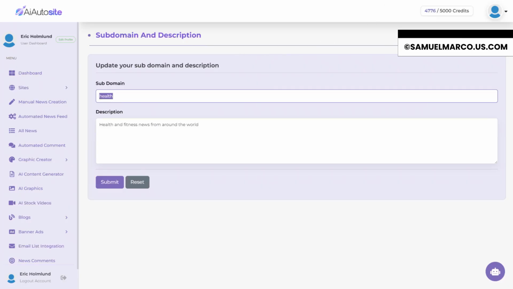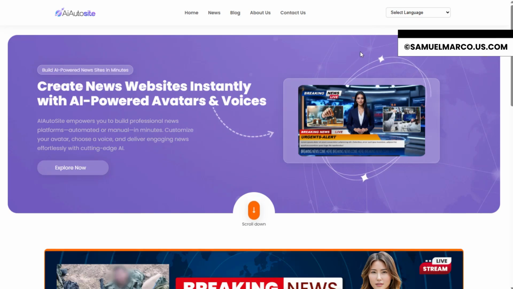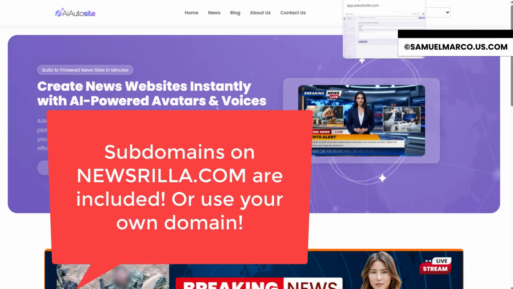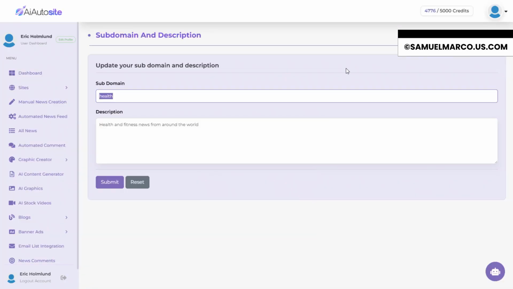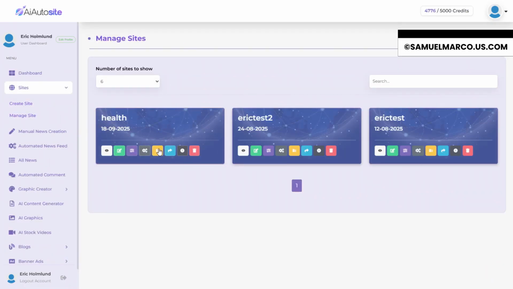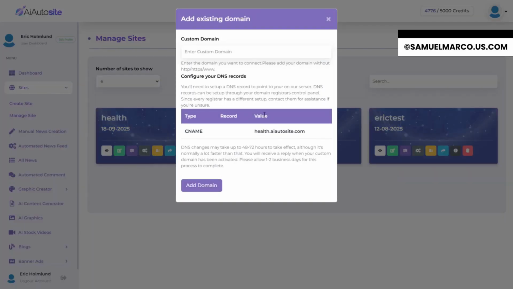No, we invested in a very nice news domain, newsrilla.com, which will work for absolutely any sub-niche that you can think of. But as you'll see in a moment, you could also choose to use your own custom domain as well. We'll go back to Manage Sites. And because I just mentioned custom domain, we'll skip over to that one. That's the yellow icon. And here you'll find instructions for setting up your own custom domain, like